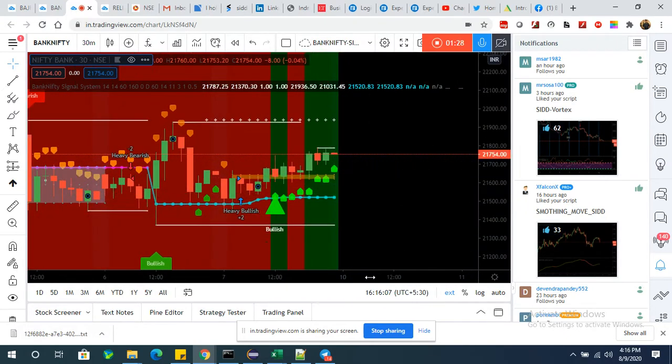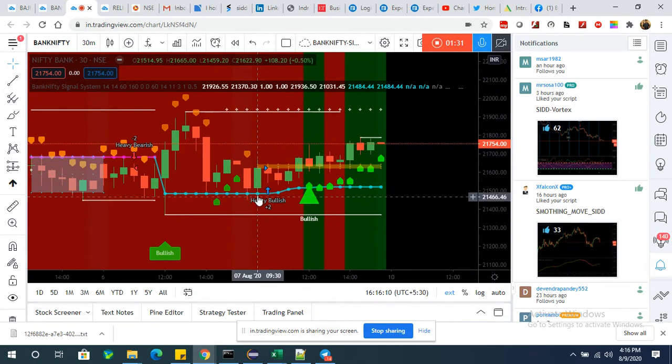So let's say your candle is here, and a heavy bullish signal came. If there is no morning gap up with the heavy bullish, then what you have to do is just wait for one or two candles and go long. So the heavy bullish signal came here, wait for this candle to close. From the second candle you can go long, or after this candle as well you can go long. And what is your stop loss? Your stop loss is below this stop loss line.